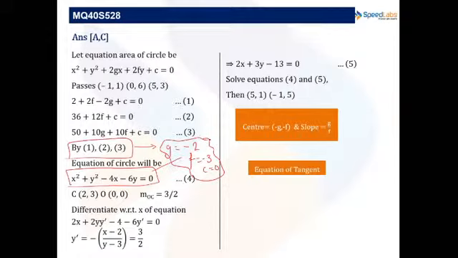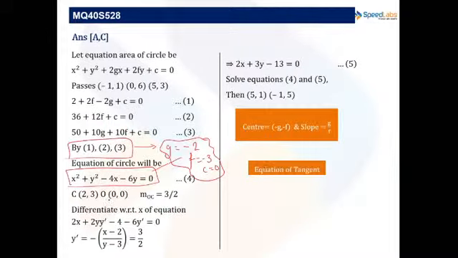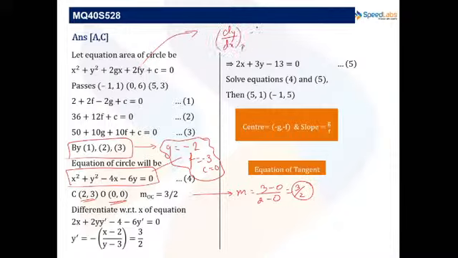Now, we are also given in the question the points on the circle, the tangent at which are parallel to this straight line joining the center to the origin. The coordinates of the center are 2, 3, and the origin is 0, 0. The slope we can find out by y2 minus y1 upon x2 minus x1, that will be 3 by 2. And for the slope on a curve, we know that dy by dx at any point P gives us the slope of the tangent